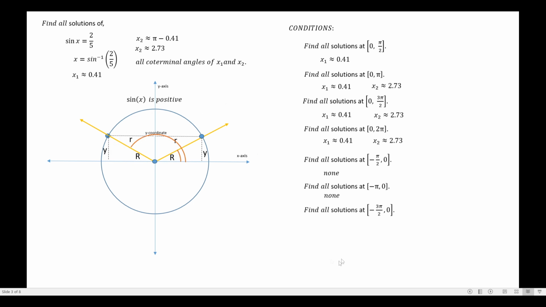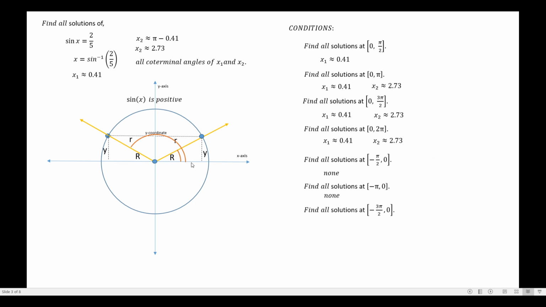So how do we get it? Of course, again, the value must fall in between negative 3 pi over 2 and 0. So we cannot take a positive value. This is actually negative here, right? Negative 3 pi over 2 to 0, all the values will be negative. So how do we do it?